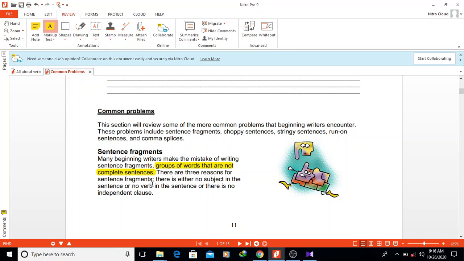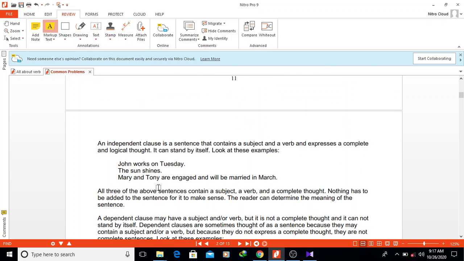However, there are many students who write a long sentence with many words to read, but then it's not complete. It's just a sentence fragment. So this is an example. This is the complete one. John works on Tuesday, so it's complete. There is a subject, and there's a verb there, and even there is an adverb of time. The sun shines. So this is like you go. It's just that the subject is a noun phrase. The sun, and then shines is the verb.